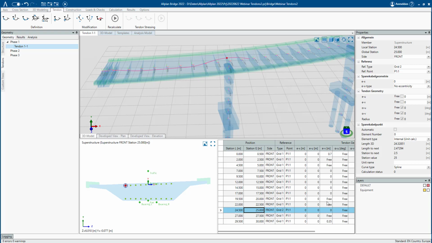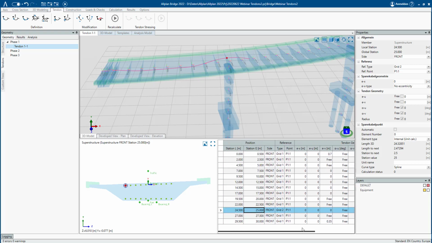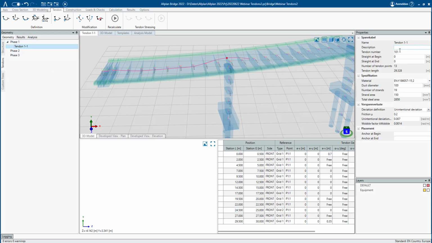Also, there are eccentrics defined, and some points are defined as free, so that the program automatically calculates the location at this step, at this point. Also, everything is defined as spline, as you can see. Okay, for this one, first of all, if I click on the tendon itself, I have here the possibility on